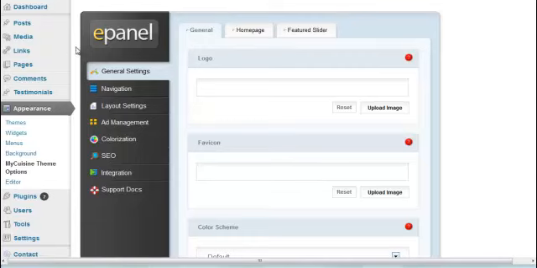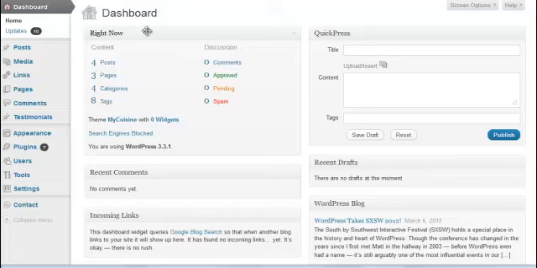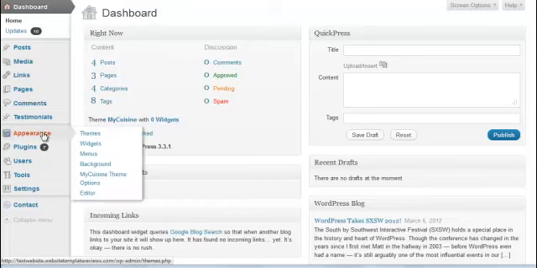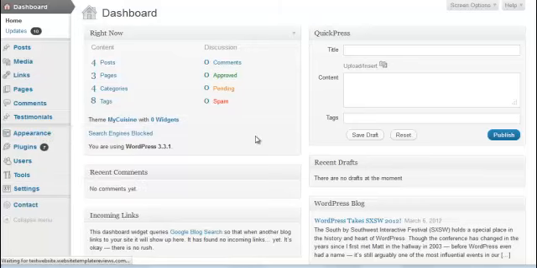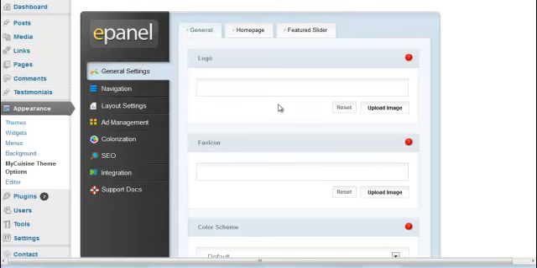So what I'm going to do is just quickly go over how to configure this theme and website out for your restaurant website. Start from the dashboard so you get oriented where we are. A good chunk of your configuration is going to be done under Appearance and MyCuisine theme options. This brings us to the Elegant Themes ePanel, which is a unique design and customization feature